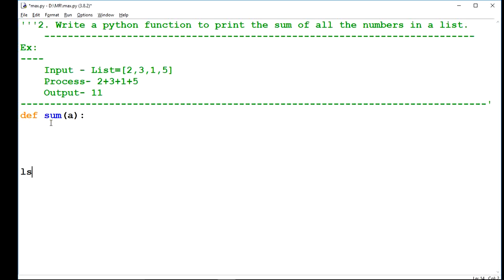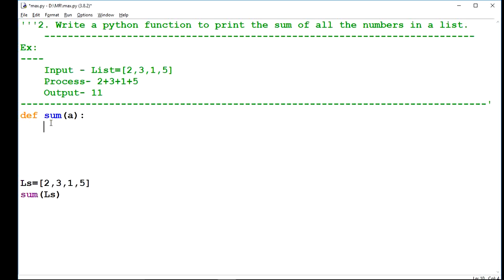So for it I am taking ls is equal to these values, the same values: 2, 3, 1, 5. It will store into the list, and this list ls will be passed as a parameter inside the function. The value of ls will be stored into A.